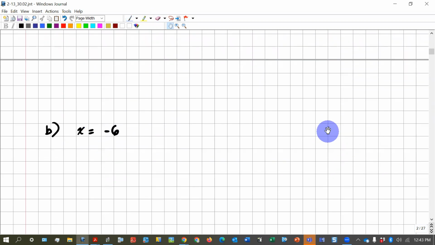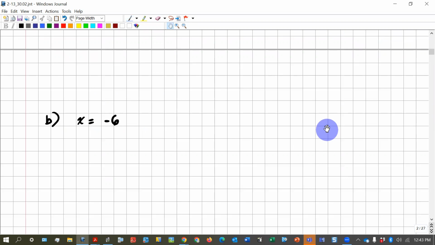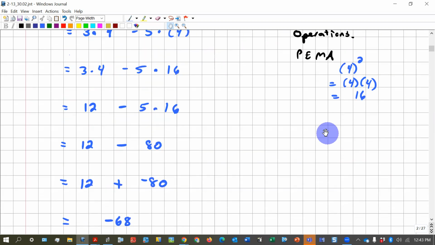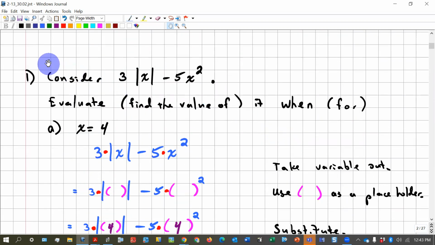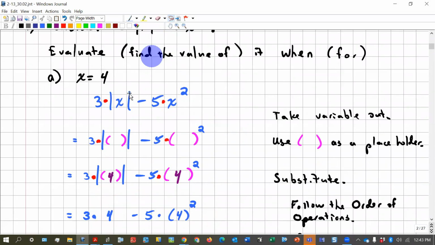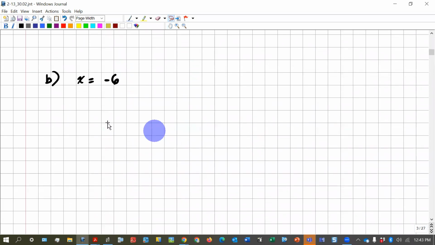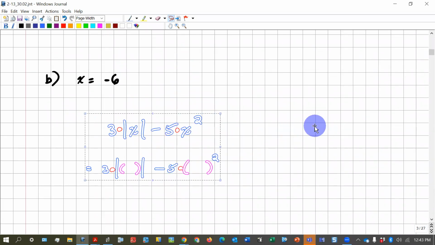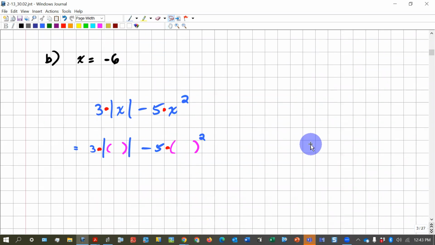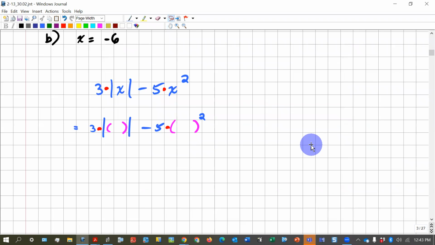So they could ask us the same question, but give us a different number to substitute in. So we're going to start the same way. We're going to copy down the original expression. Then we're going to remove the variable and use parentheses as a placeholder. And then inside those parentheses, we're going to substitute this new number,